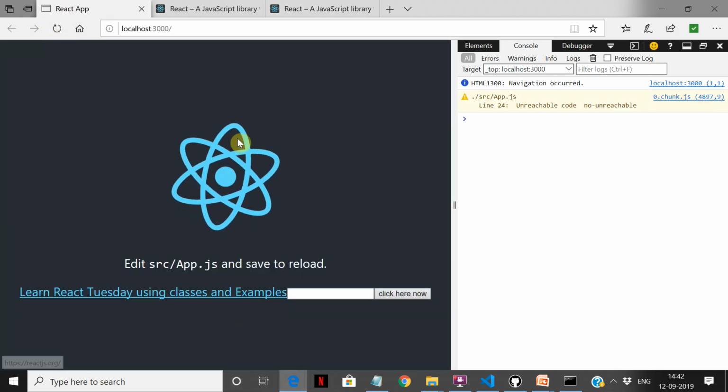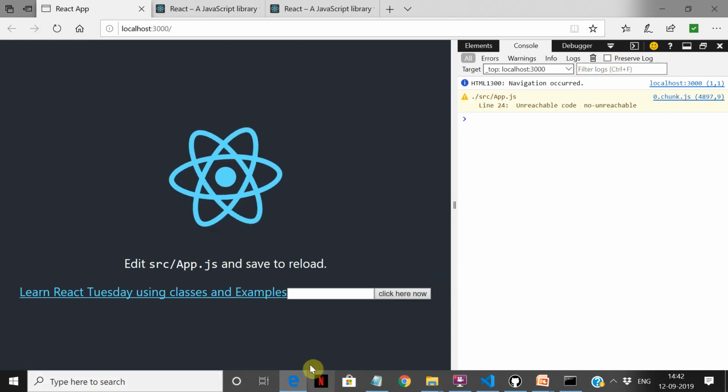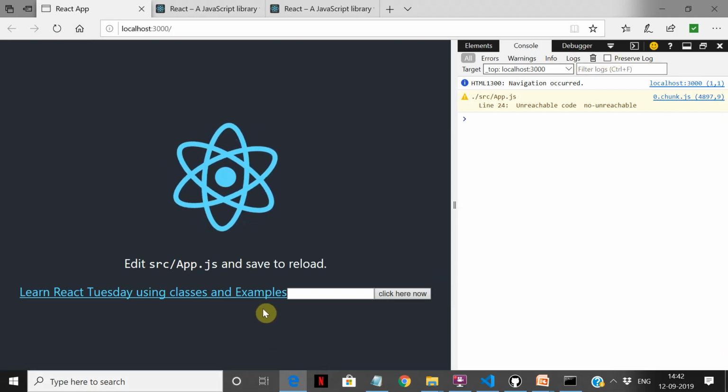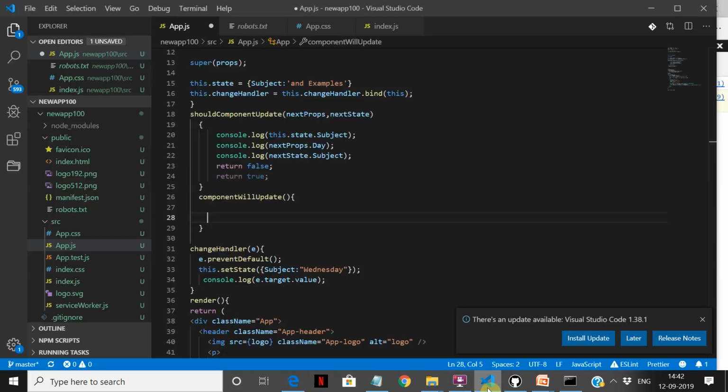So when I click refresh, or when I do npm start, what is happening is this component blinks for a second and it starts. Basically it loads, correct? Your form is loading, all the things are loading, the HTML gets loaded, it gets rendered, and your render method is going to fire, correct?